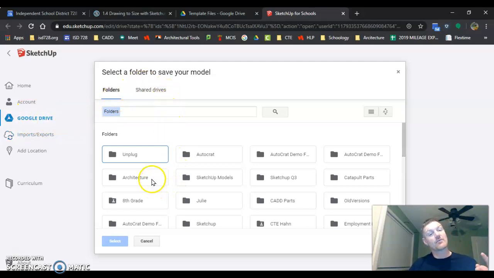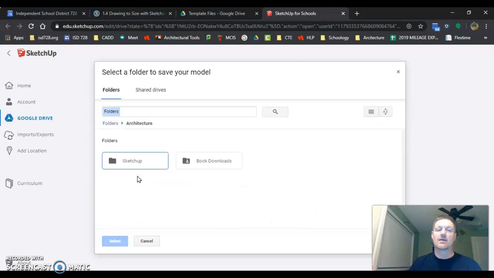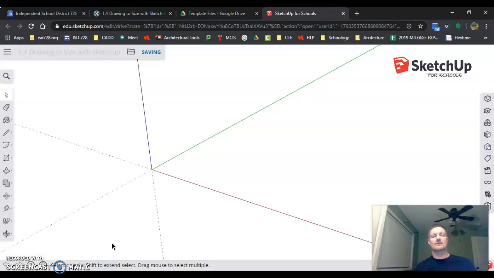Aha, this is why we made that folder beforehand, because you'll notice this is one other kind of goofy thing: I can't make a new folder. But because we made that folder beforehand, we go there, we click on SketchUp. If you double click on SketchUp, it grays it out. You want to go back to Architecture and just click on the SketchUp folder and hit select. And here we go. 1.4 drawing to size with SketchUp, and it is going. We are going to start out. Now the first thing that